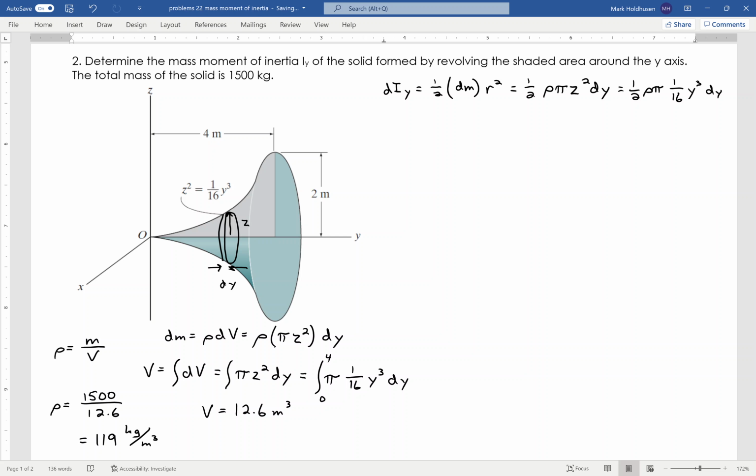So let's go ahead and integrate both sides. To find the moment of inertia about the y-axis, I'm going to integrate, and then this will be 1/2 times rho, which is 119, we've already calculated that, times pi times 1/16 times